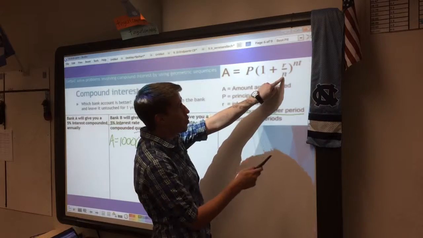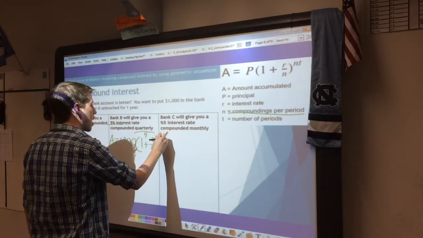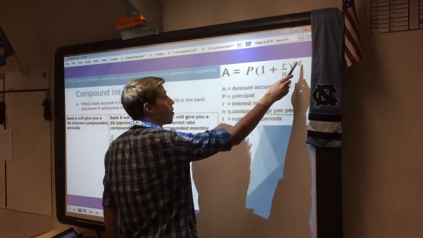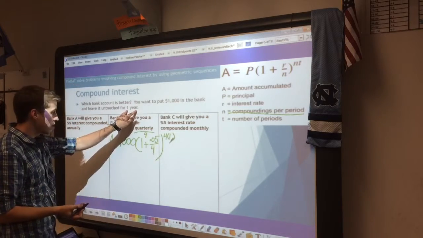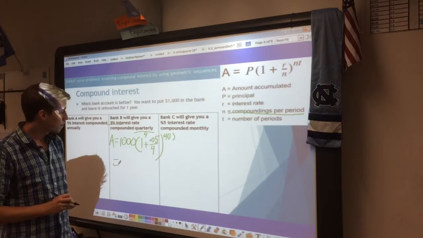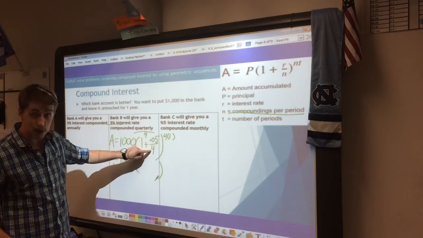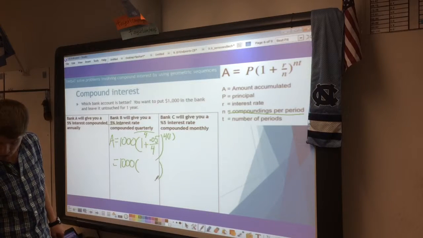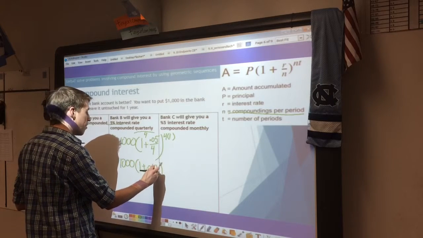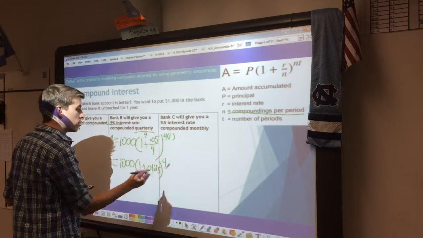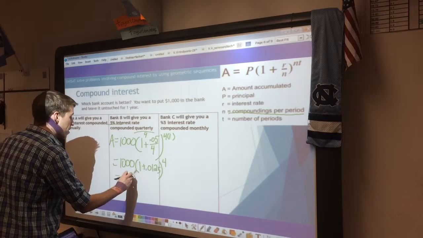And now same thing, whatever we're dividing the rate by is part of multiplying the exponent as well. So it will be times 4 up here, times how many years are we talking? We're still just talking 1 year. 1 year. So let's start simplifying. We're not going to do 1,000 yet. We're going to do 0.05 divided by 4. So now we have 1 plus 0.0125. 4 times 1 is 4. Let's go ahead and add this up. 1 plus that. So 1,000 times